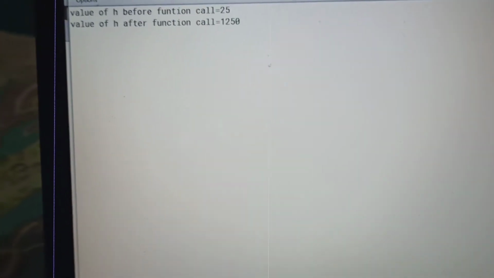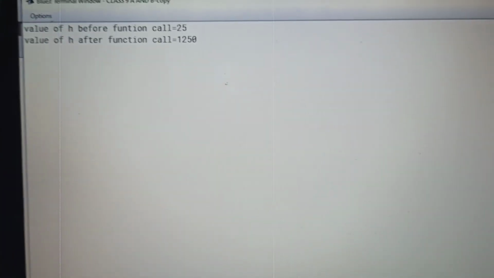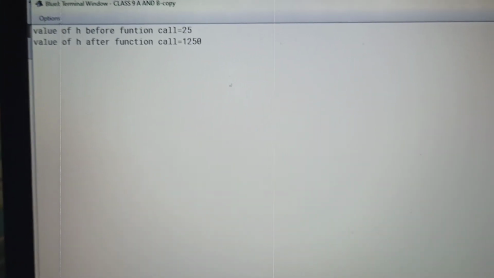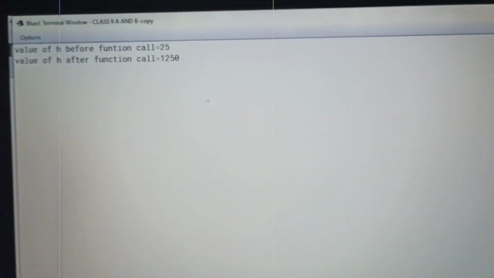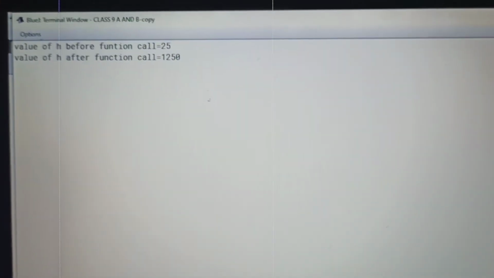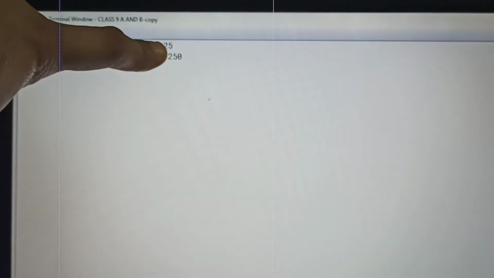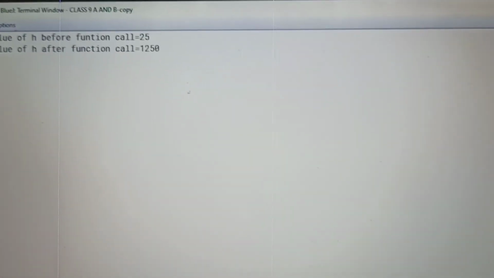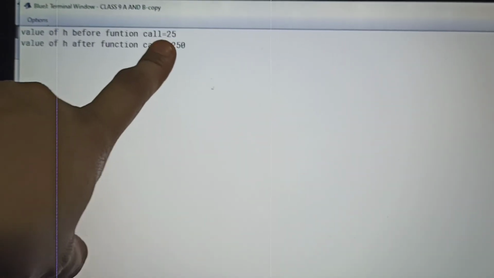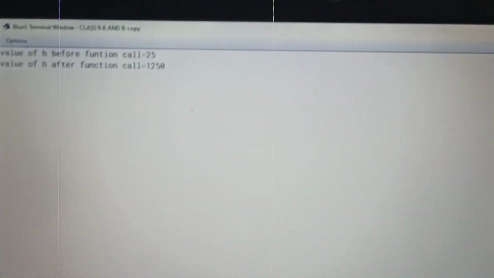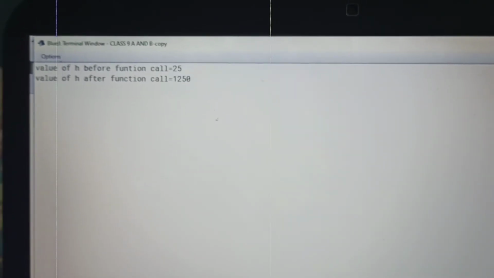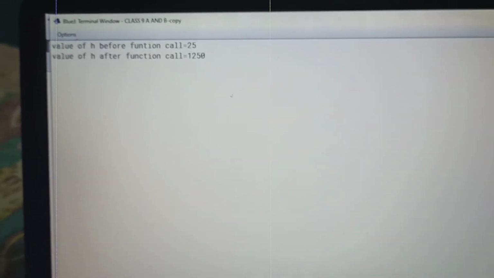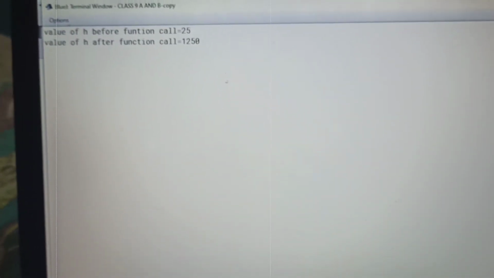I hope this video is helpful for you, and this is what we call an impure function. Whenever we call it, it gives different values. First it gave some value like 25, and when the function is called, it gives some other value. The value can be changed whenever we call the function, so every time it will not return the same value.